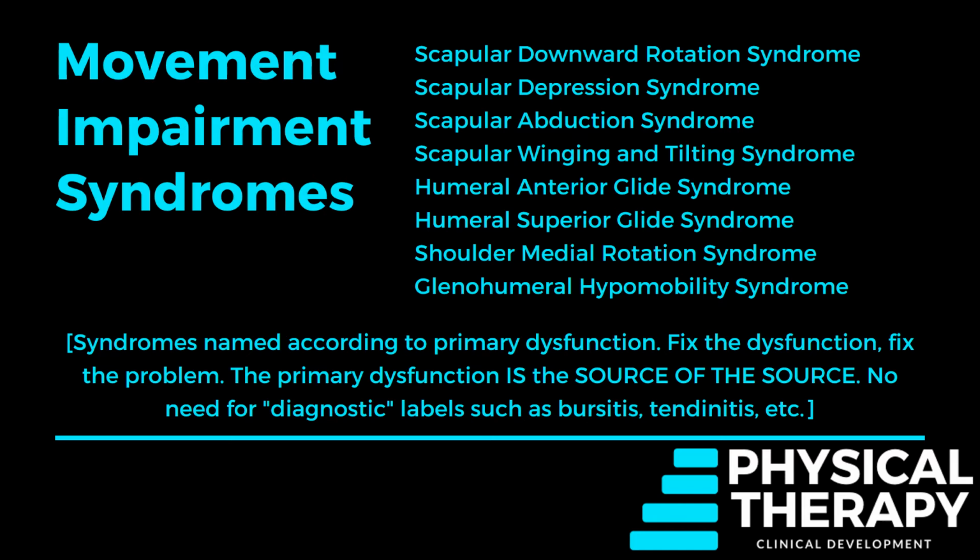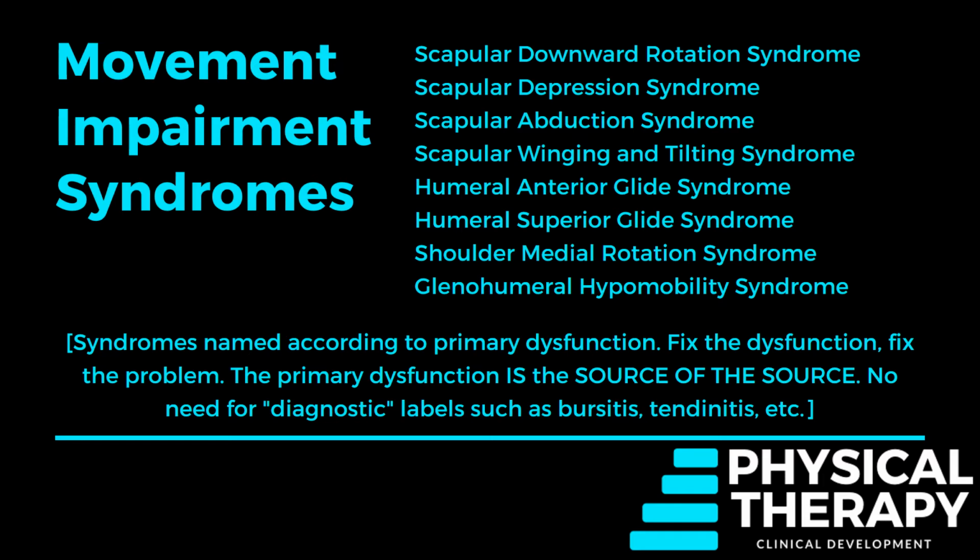In other words, they might have an anteriorly tilted scapula with an anteriorly translated humerus, which is causing stress on the biceps tendon, thus giving them what we might call biceps tendonitis. But biceps tendonitis alone doesn't tell you enough information. So it's important to classify according to these standards, where we're actually looking at the primary movement dysfunction and how that's contributing to someone's pain